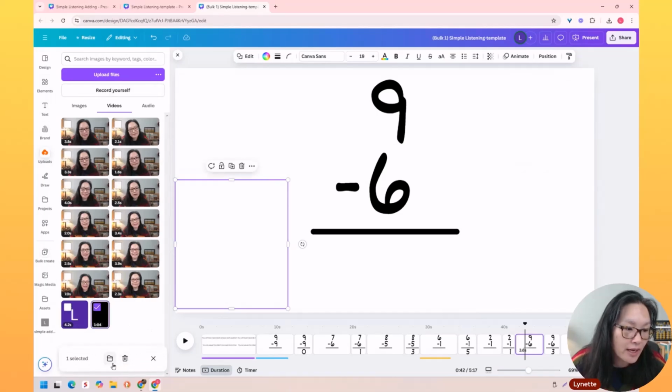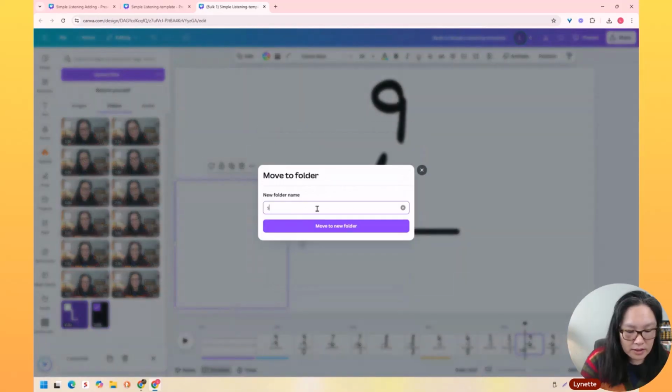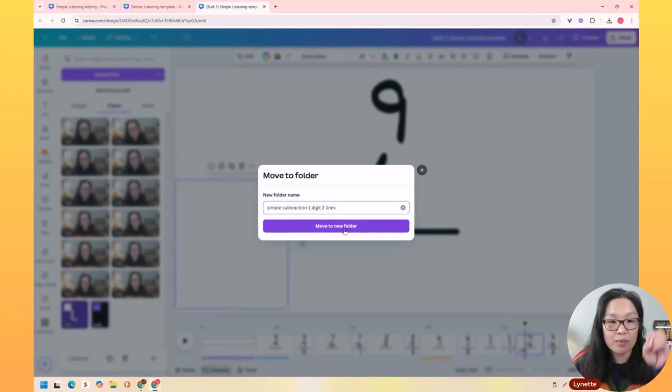I highly recommend you take all of your videos and place them in a folder that says whatever you need it to say. And I'm going to create a new folder. Simple subtraction, 1 digit, 2 lines. Simple subtraction. Okay. So just to keep it organized, because if you don't, there's going to be a ton of